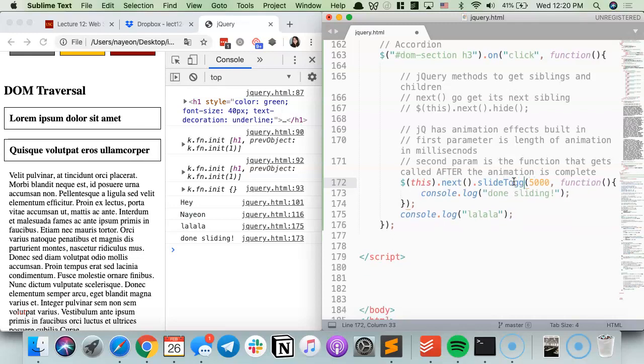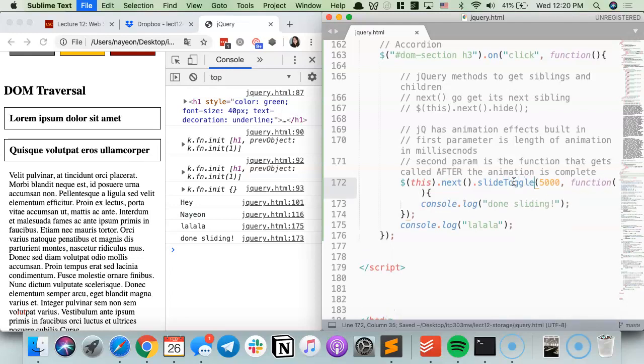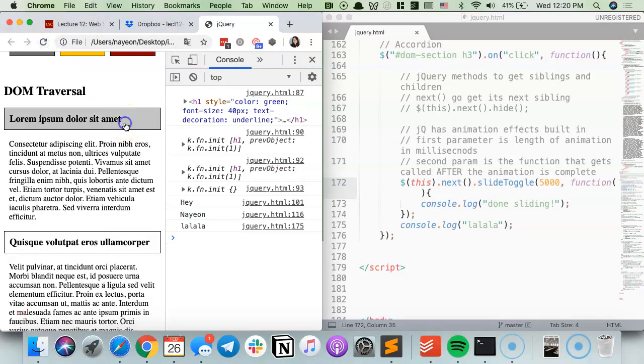Slide toggle. So as you would imagine, there's slide up and then slide down, right? There's both of those. There's also slide toggle, which is great. So it's just going to toggle for us. I don't have to write if-else statements to check the state of the accordion. Is it already up or is it down? I can simply use slide toggle, and it's going to